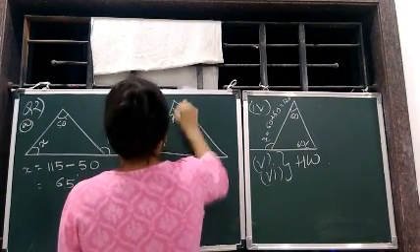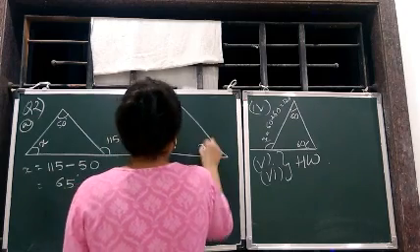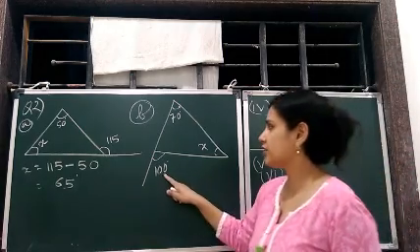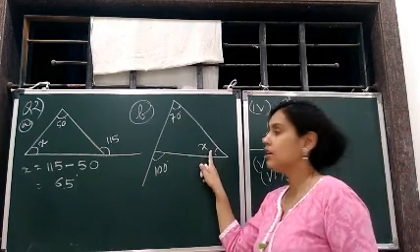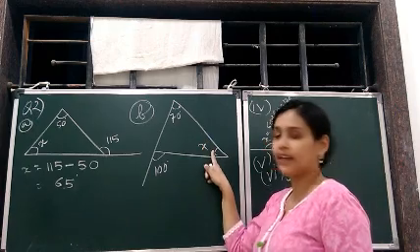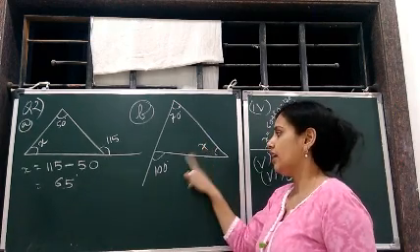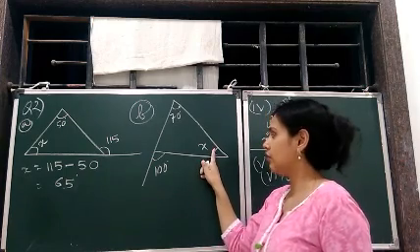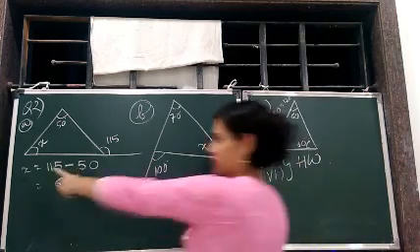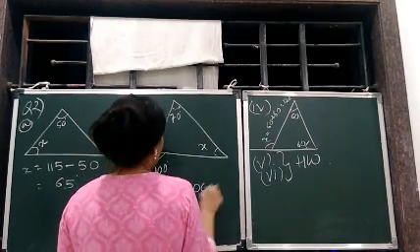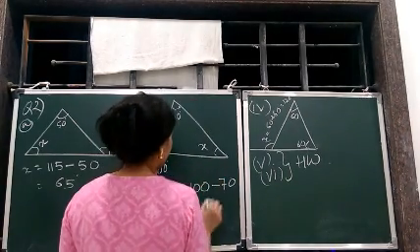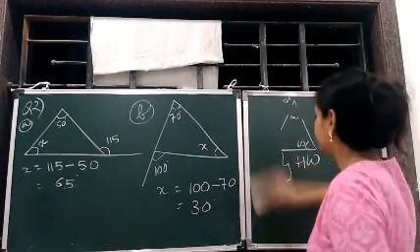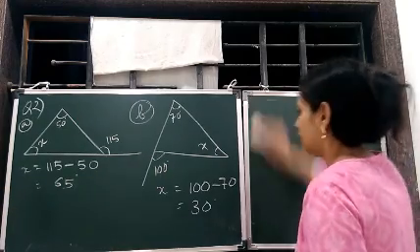This is 70, this is 100, this is x. Once again, 100 is the exterior angle, this is 70, this is x. That means 100 is the total of 70 and x. So if you want to know x, from 100 if we remove 70, we will come to know what x is. So to know x, we subtract 100 and 70, just like what we did here. So x will be 100 minus 70. Children, do it in the book itself. Don't waste your time writing in the copy. This is a simple exercise.